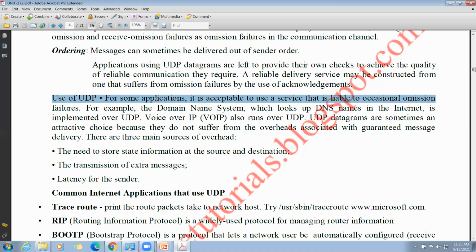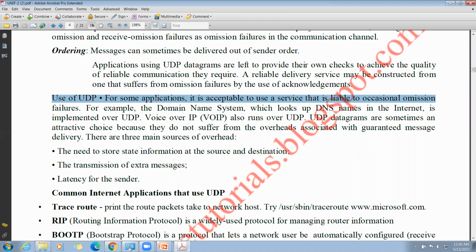What are the applications of UDP? As I told you, the first one is DNS, the domain name system, where all the domain names in the internet are implemented over UDP. The second one is voice over IP. And UDP datagrams are sometimes an attractive choice because they do not suffer from overheads associated with guaranteed message delivery.